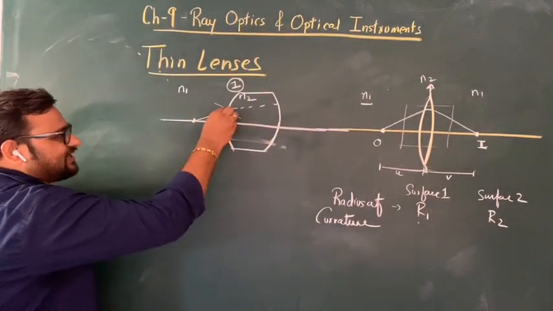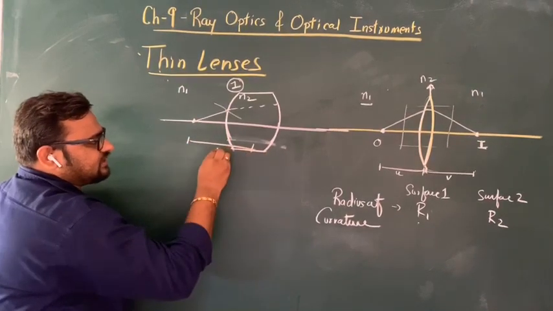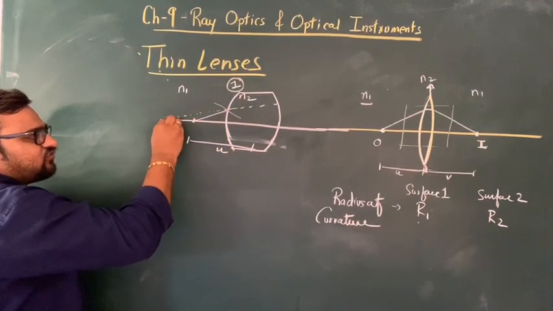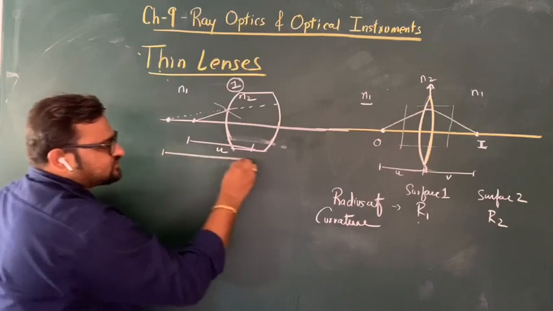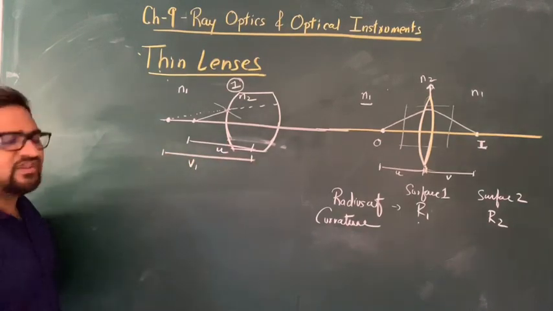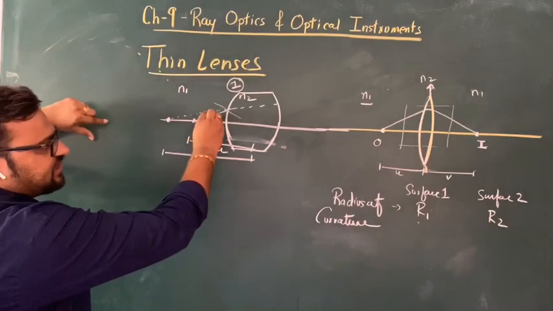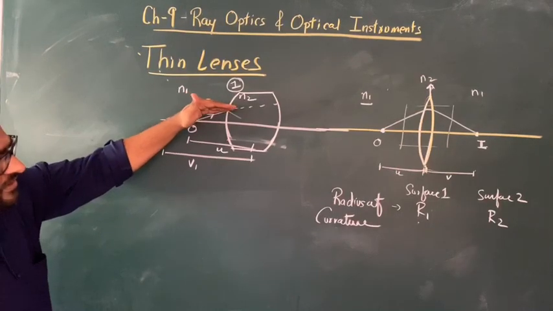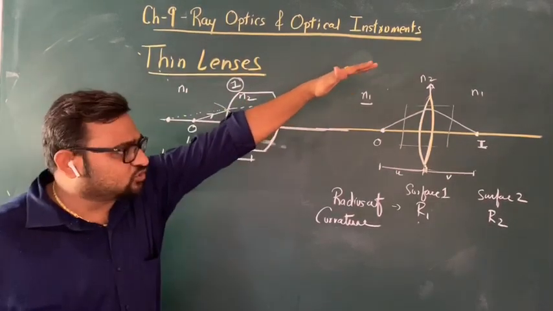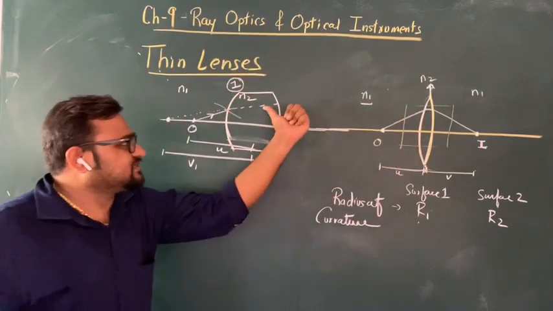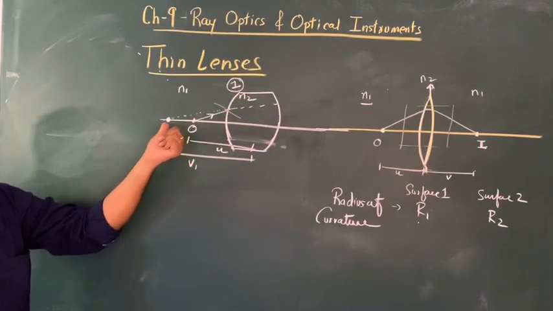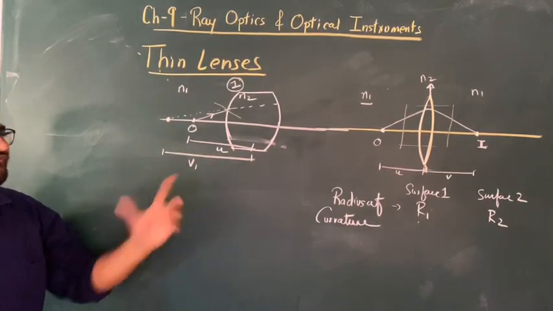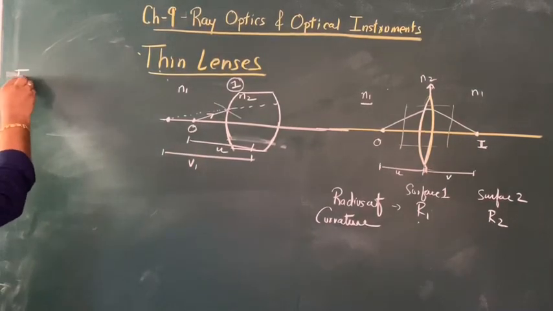So we will extend it. This is the object distance from the center. So its image is formed at this place. Let's take this as v1. See here, this is the ray of light incident from O. At the first surface, it will diverge away in this direction, so it is not going to meet any point on this side. So we are extending it backward and the image can be obtained at this point. That distance we have taken as v1. So for surface 1,